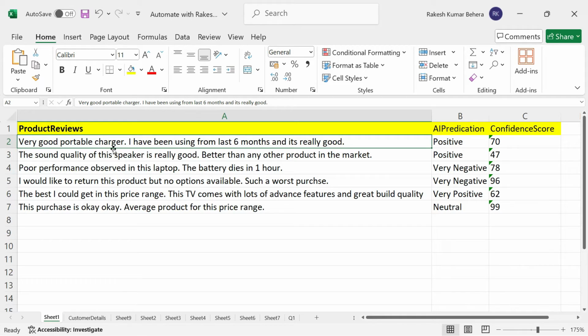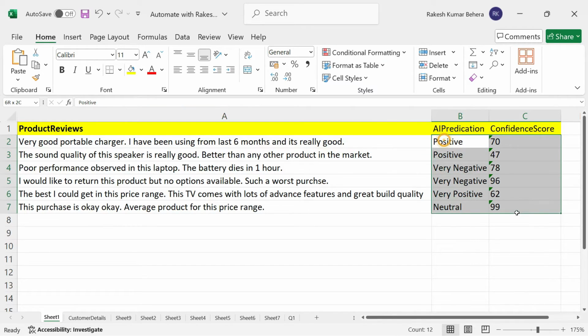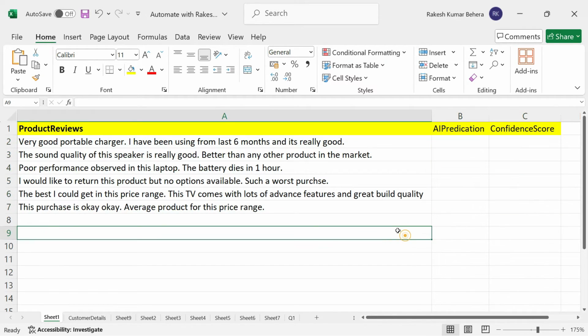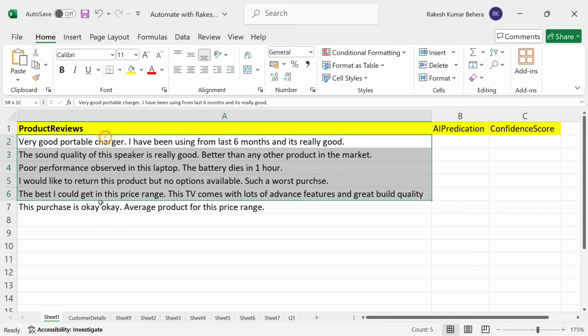For example, a very good portable charger. I have been using it for the last 6 months and it's really good, right? Like that. Let me delete all the predictions. Earlier I was trying to test it. So here, this is how you will write certain sentences. This kind of dataset is easily available online on Kaggle and other websites. You can easily download some of the open datasets that are available and you can have a large